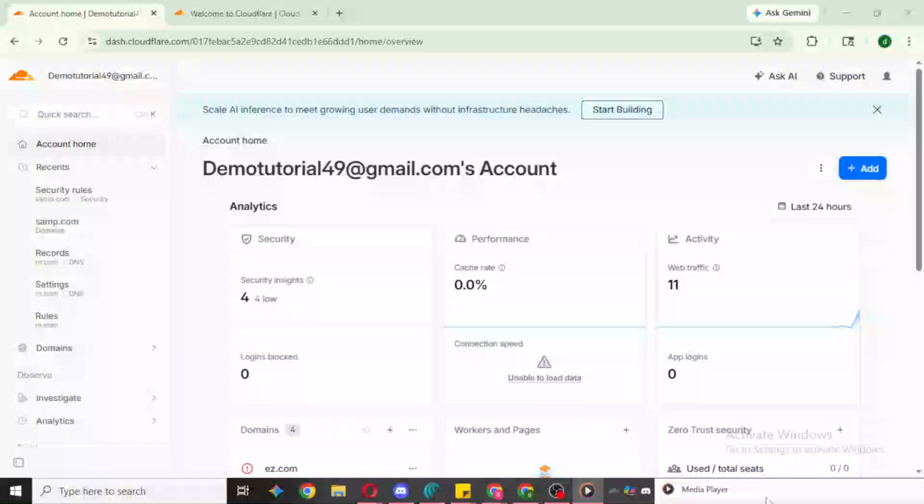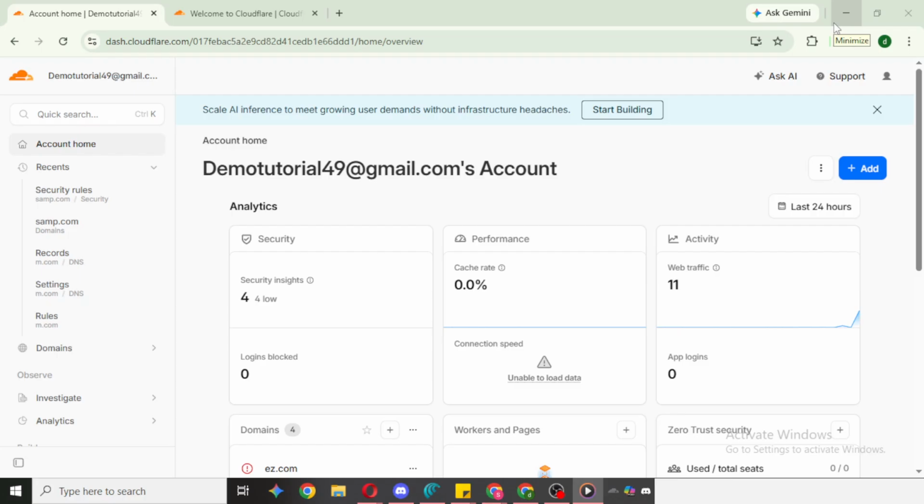In today's video, I'm going to teach you how to remove Ezoic from Cloudflare. Ezoic connects to your Cloudflare account using an API token. Removing Ezoic from Cloudflare is simply a matter of revoking that token, so Ezoic no longer has access to your Cloudflare settings. This won't delete your Cloudflare account or your site, it just cuts off Ezoic's ability to manage things like DNS, SSL, firewall, and caching on your behalf.